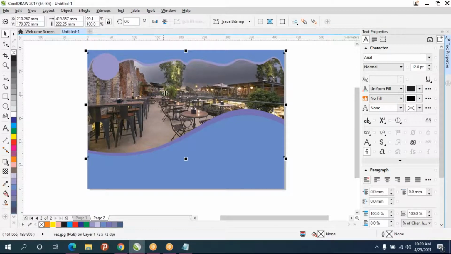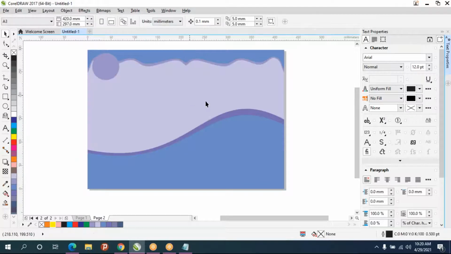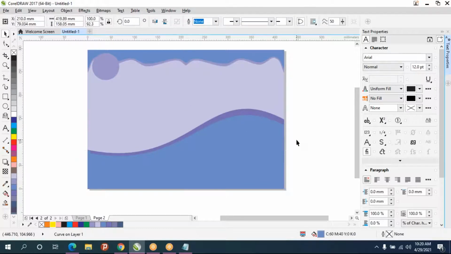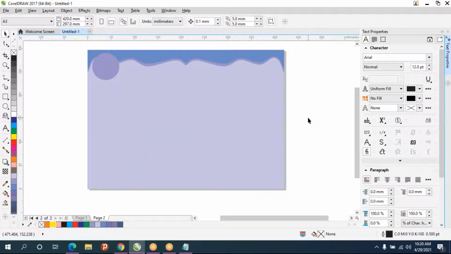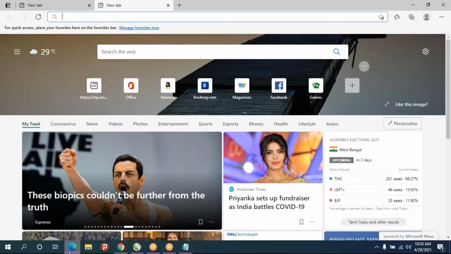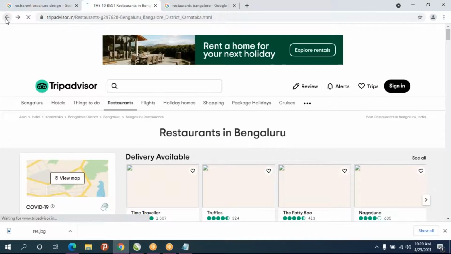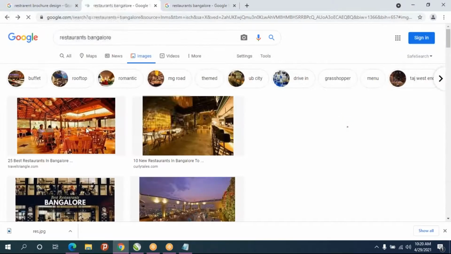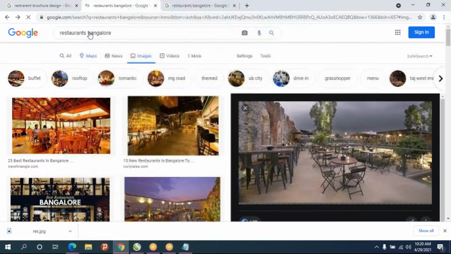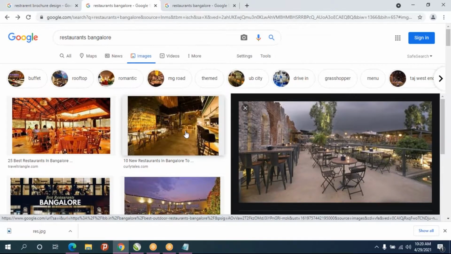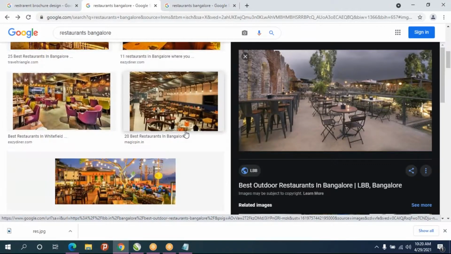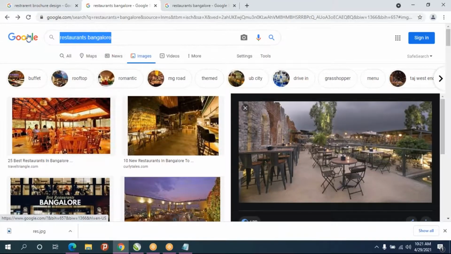So in second page, don't keep exactly this image. You can keep some other images.